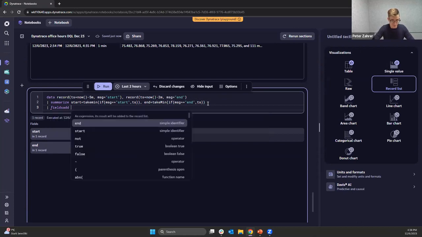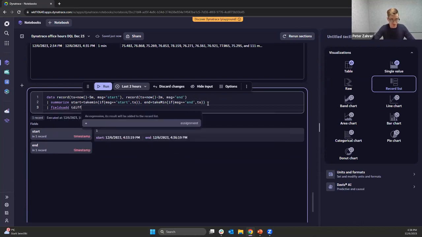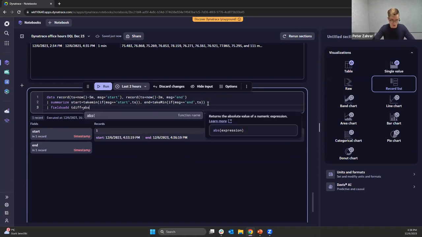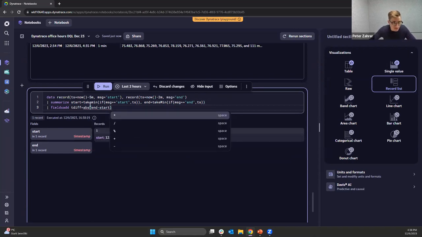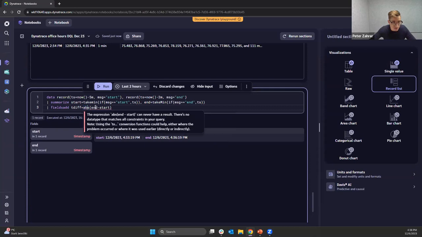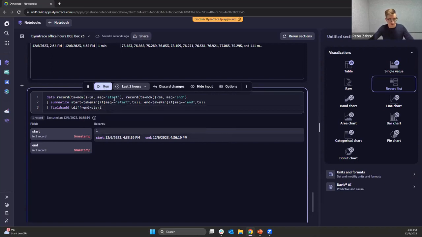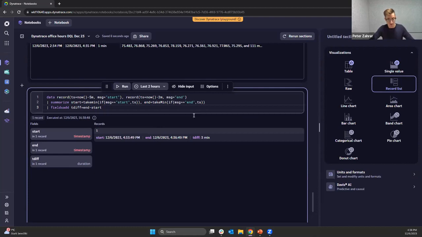So fields add time difference equals absolute of end minus start. Okay. Let's start with the time information at the beginning. So here we see that those happen 3 minutes within each other, and